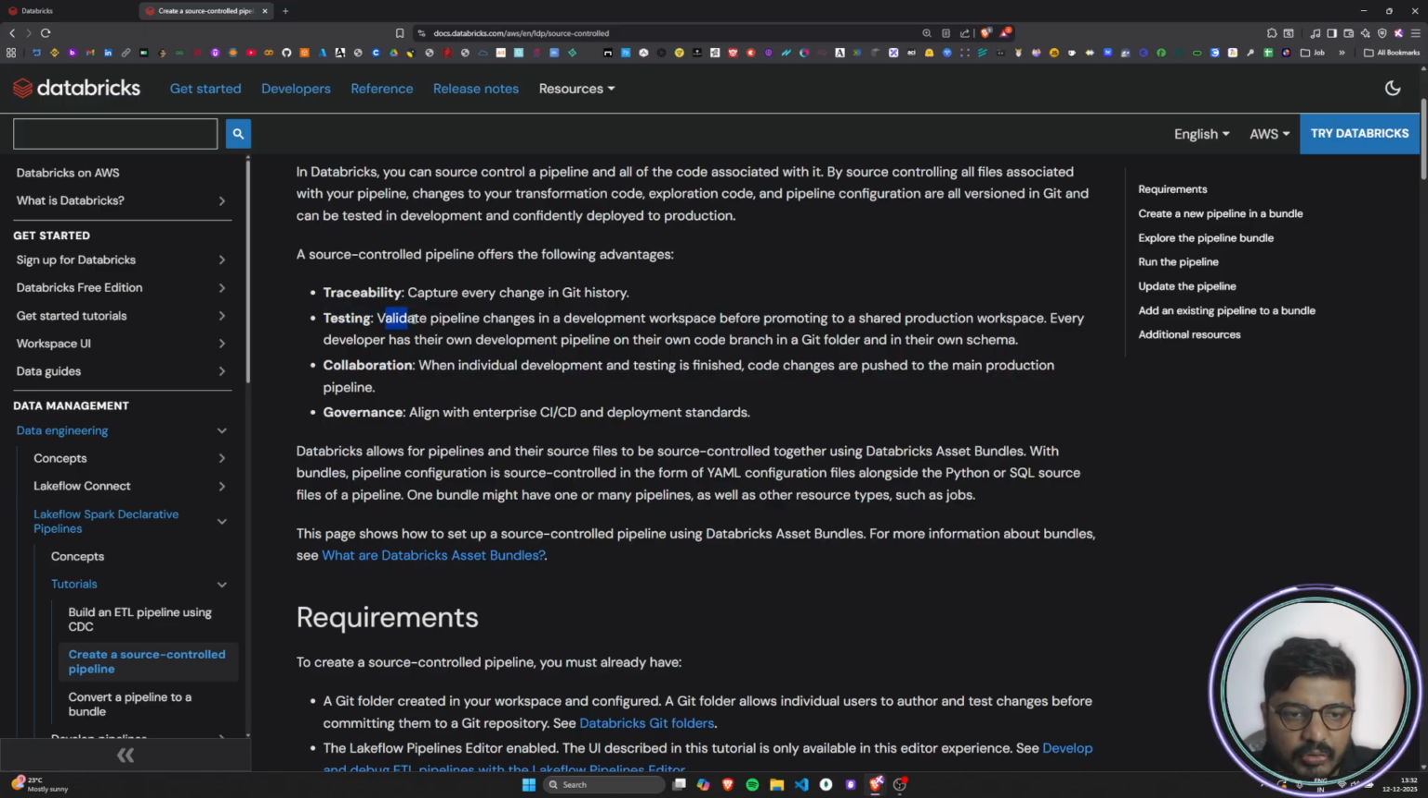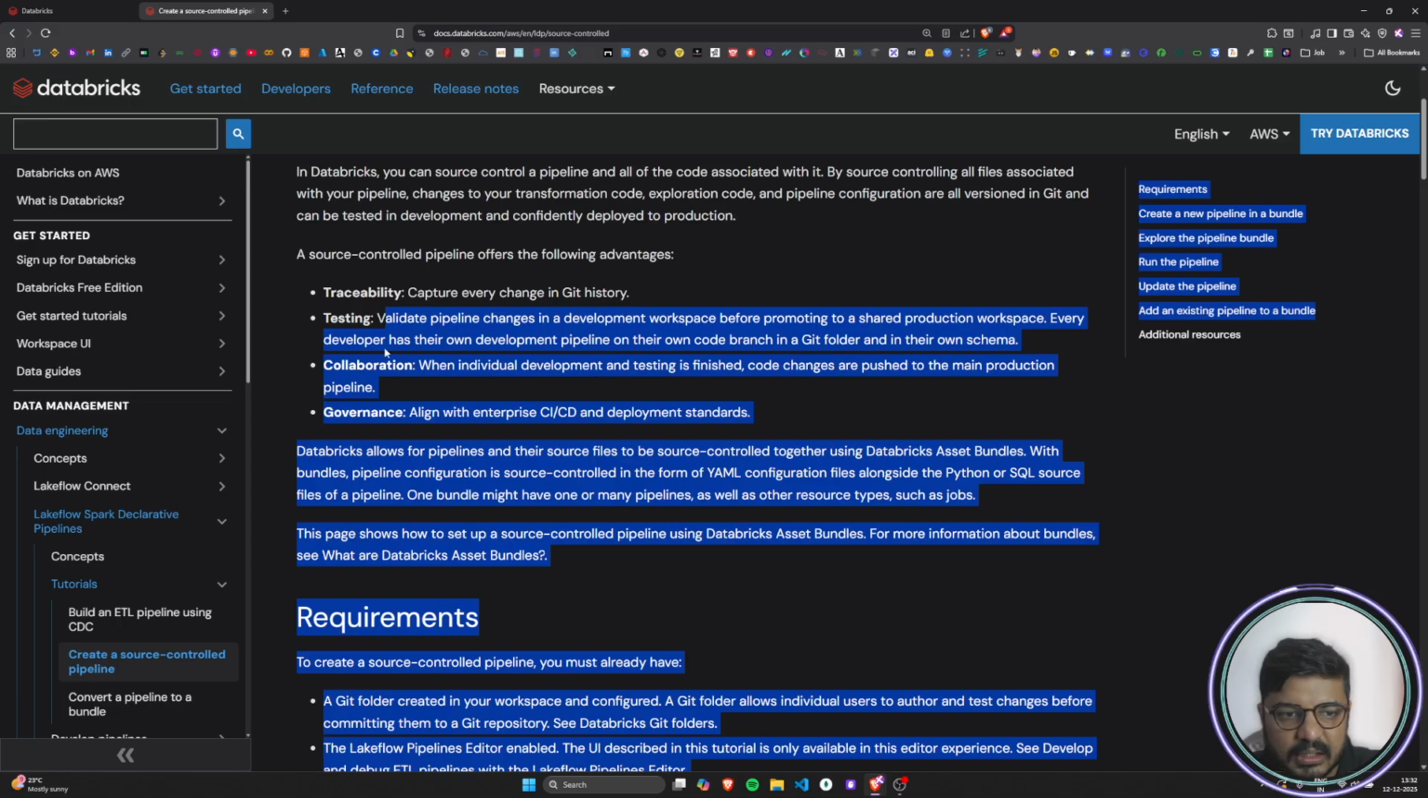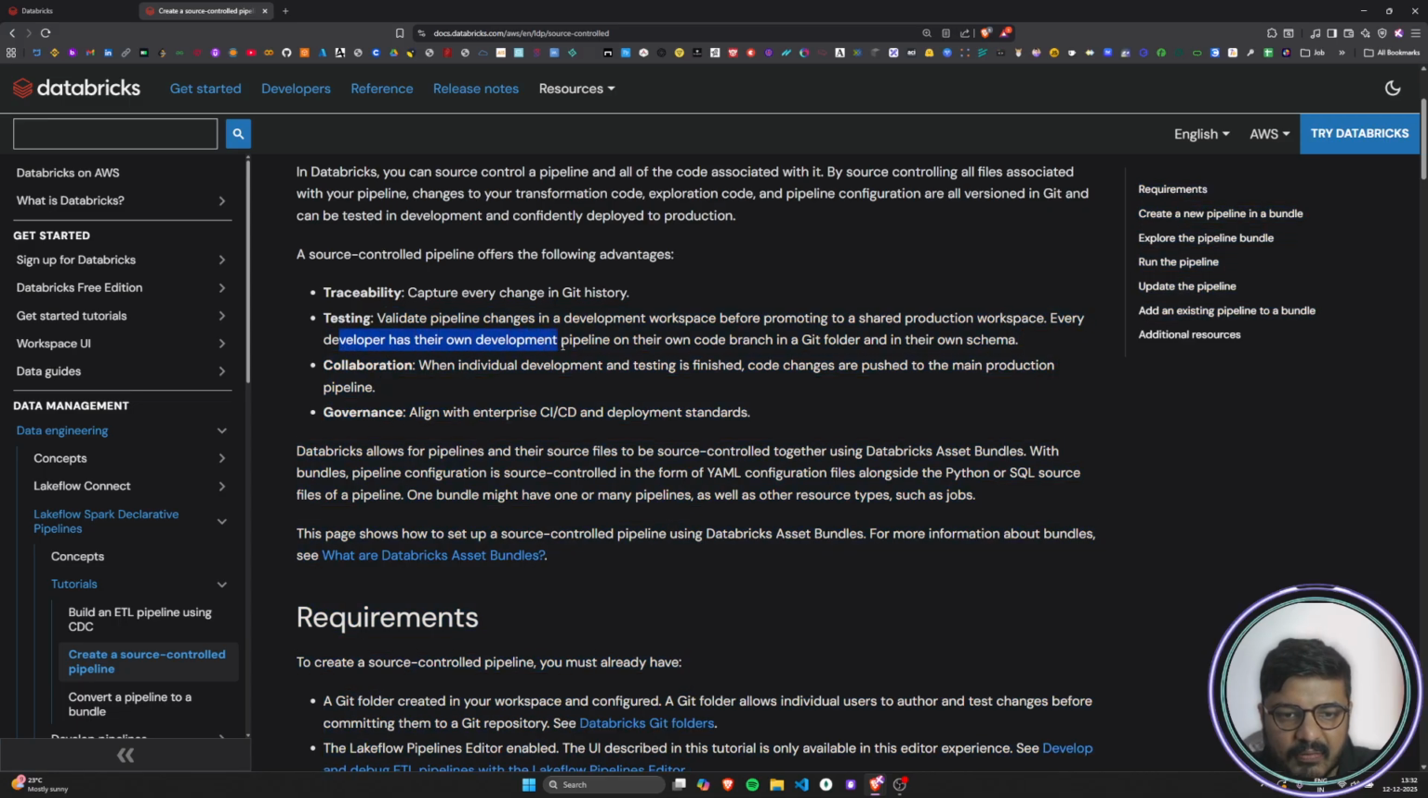Then testing. So validate pipeline changes in a development workspace before promoting it to a shared production workspace. Every developer has their own development pipeline on their own code branch in a Git folder in their own schema. Okay. So what this particular thing means is, usually what happens on Git, that we have